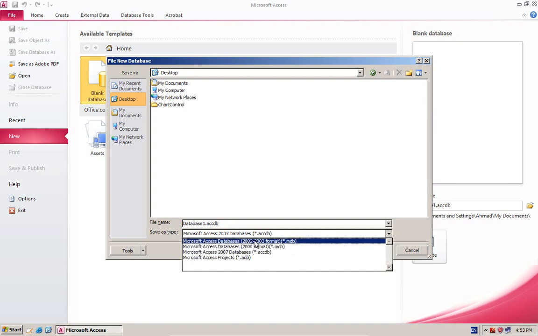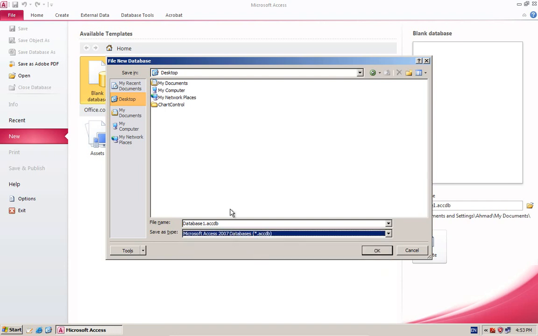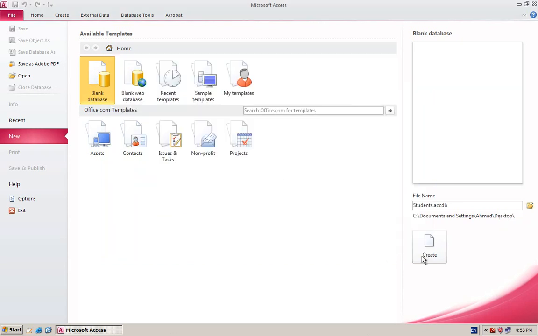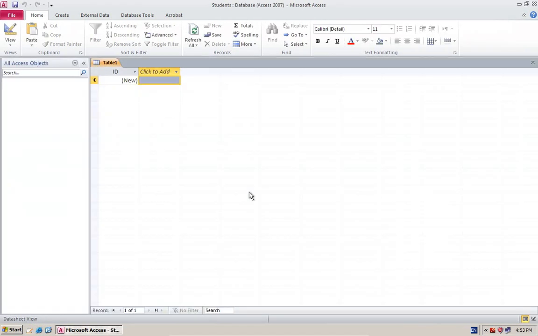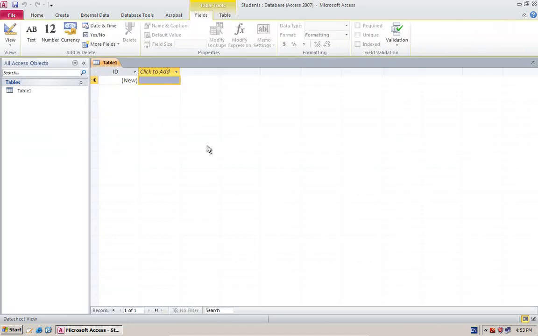Then we have the 2002-2003 version and the 2000 version. I'll just leave it as accdb and let's name it students and I'll save it on the desktop. Okay, save. Let's create this database and okay, now Access has created this database for us.